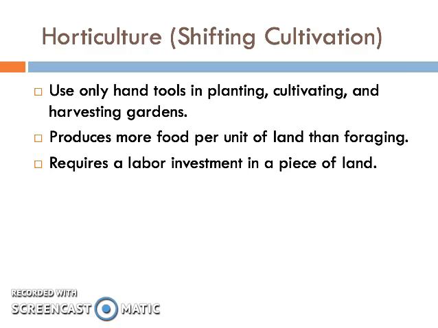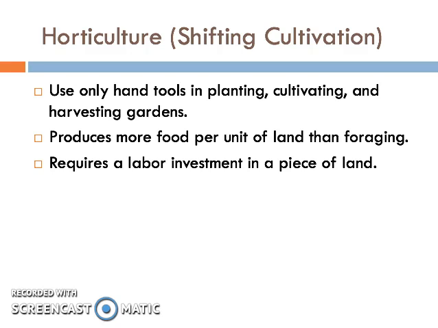First, let's look at horticulture or shifting cultivation. Many people refer to horticulture as slash and burn, which is descriptively accurate in that people usually clear the vegetation from a plot of land and then burn it to release nutrients into the soil and to slow weed growth. But I find this term ethnocentric because slash and burn is used in part to accuse shifting cultivators of degrading their environment.